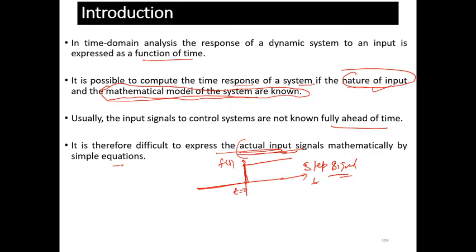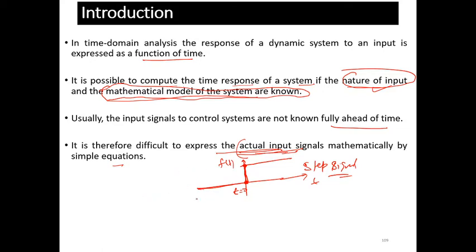At t equal to 0, if someone says the value should be 0, what is your opinion? I feel it could be 0 and I also feel it could be 1. How can you decide? Forget what you have read, for some time. How can you confirm that the value at t equal to 0 is 1 only? Why not 0?